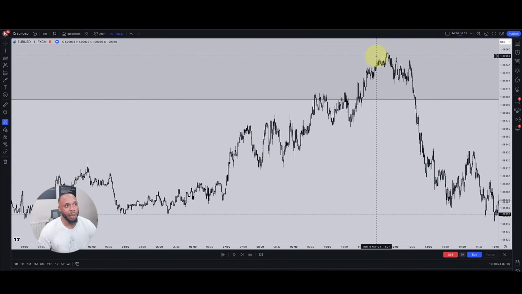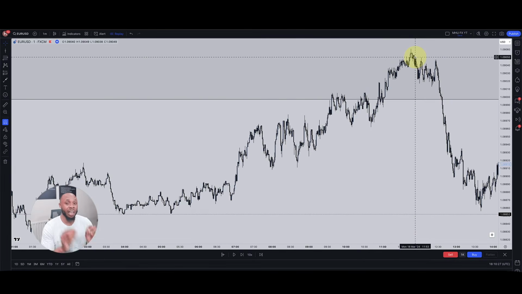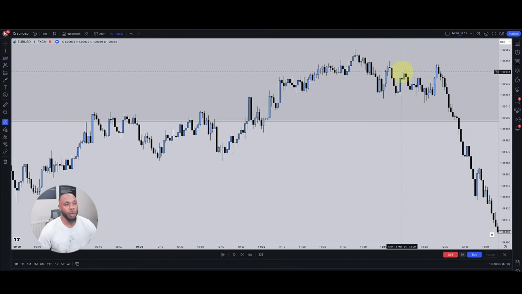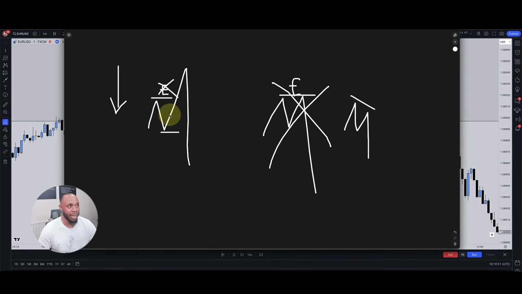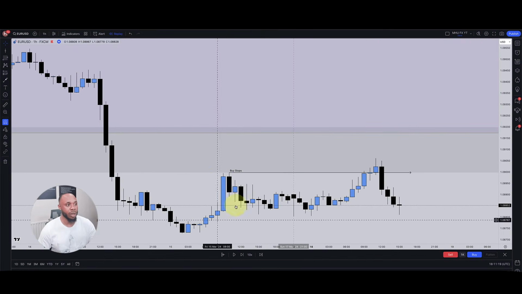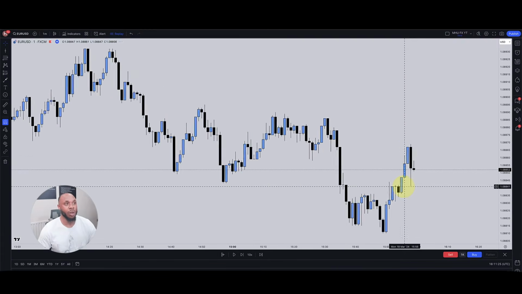On the 1 minute time frame, when price got up here in the London session, that's another key thing. What did we see? When price gets up here, we want to see some kind of reversal. This is the reversal that I'm looking at. We didn't just see a running of liquidity on the 1 hour time frame. I also want to see this on the 1 minute time frame. So just so you guys know, this was it on the 1 hour time frame. There was a high and the high was taken out. Now I want to see the same thing on a 1 minute time frame.